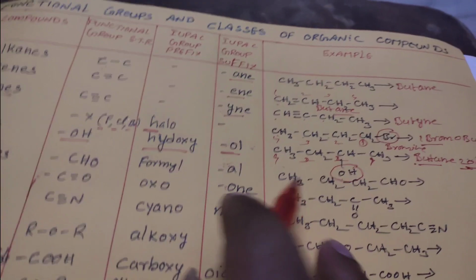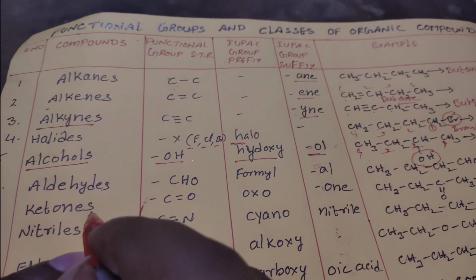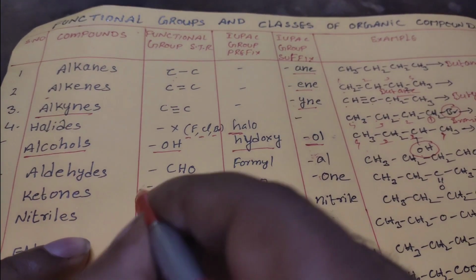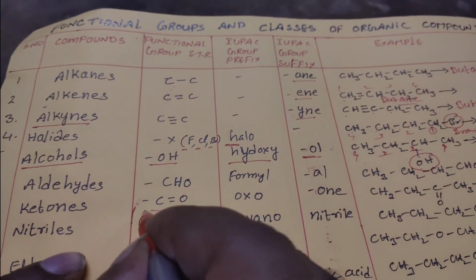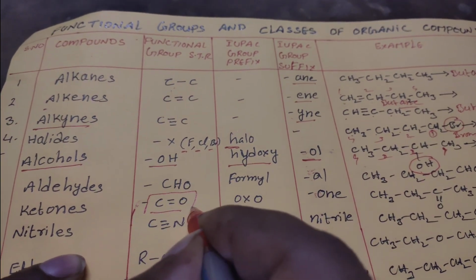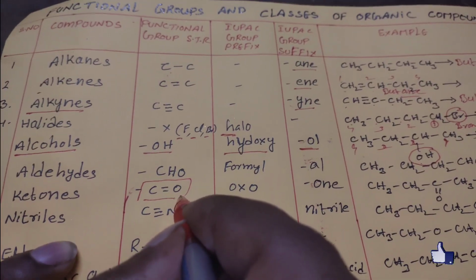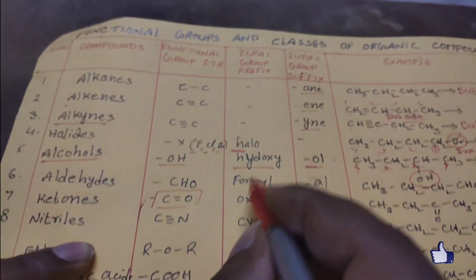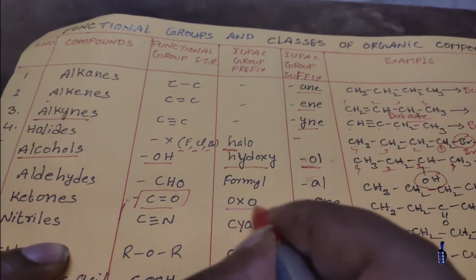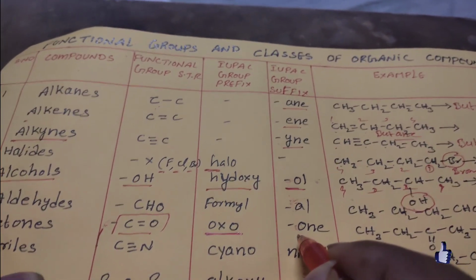And next one is the ketones. In a given compound they may have a structure like C double bond O, and this functional group structure we simply consider as the ketone. If the ketone is given as a prefix, we call it oxo. If it is given as a suffix, it is one.